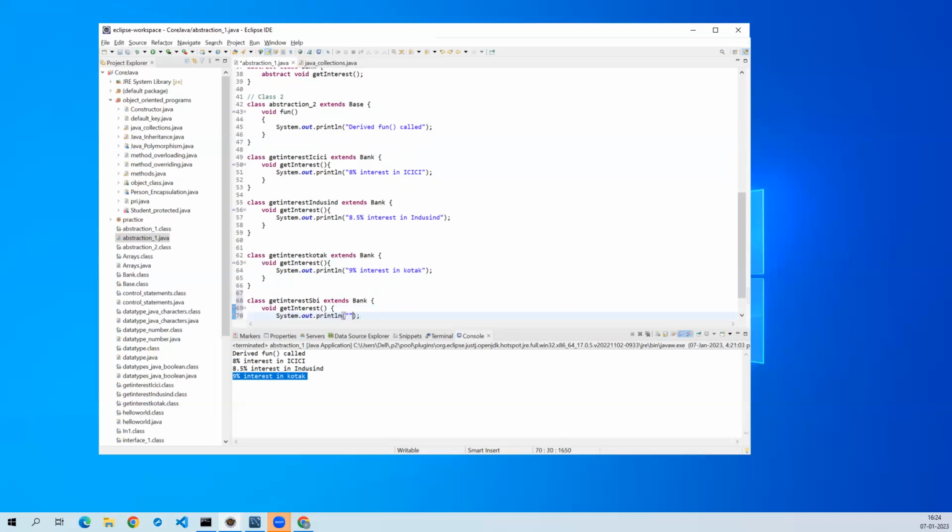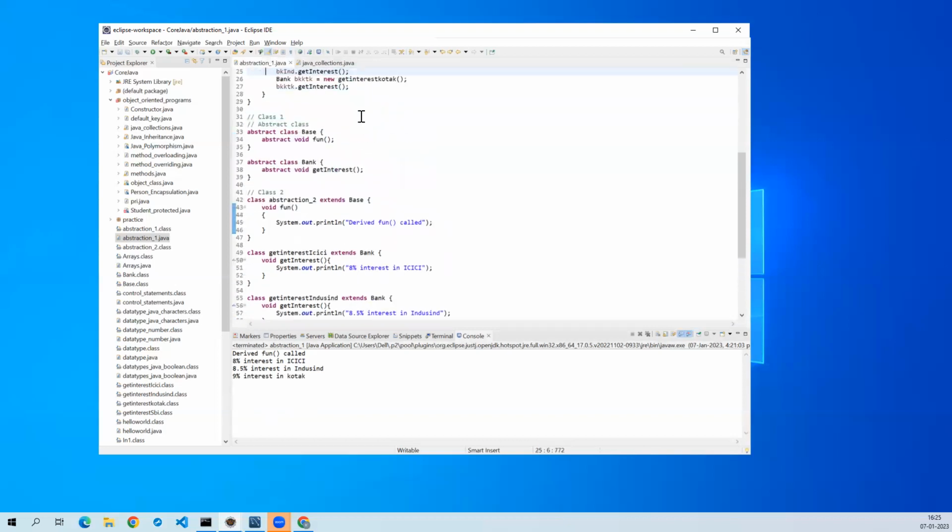Okay, so here I am going to give some kind of 9.2% interest in SBI. So like this, I'm saving this, but still we won't be getting it unless we